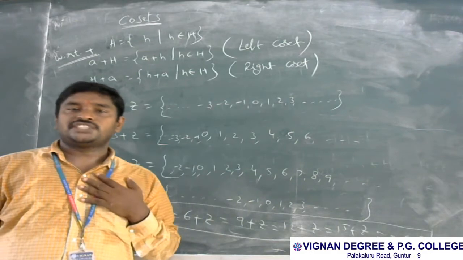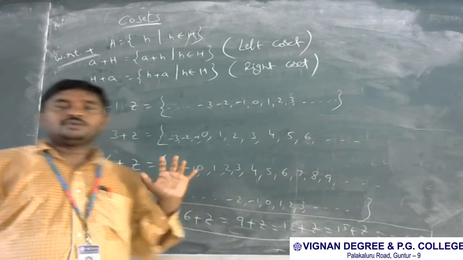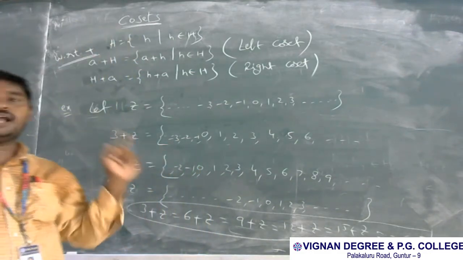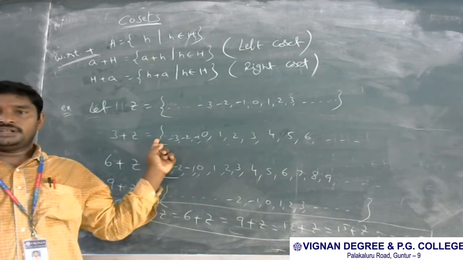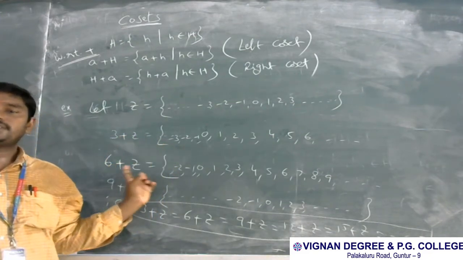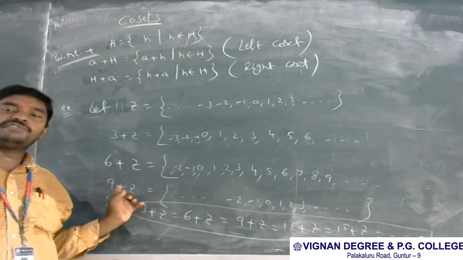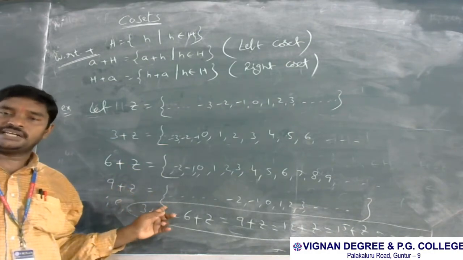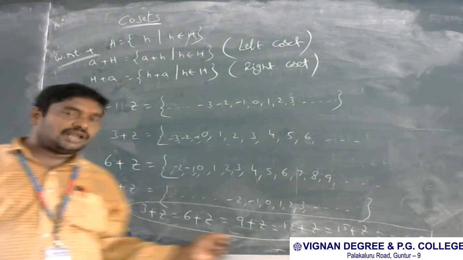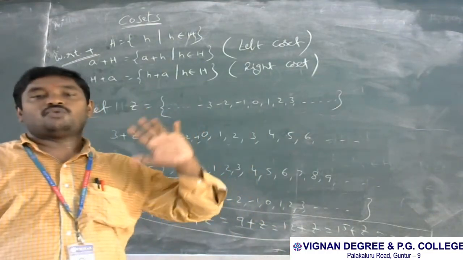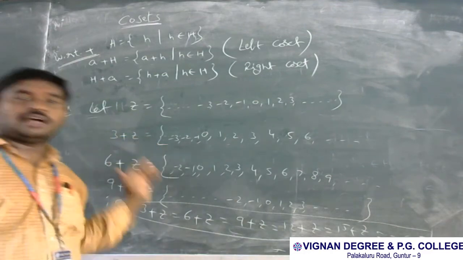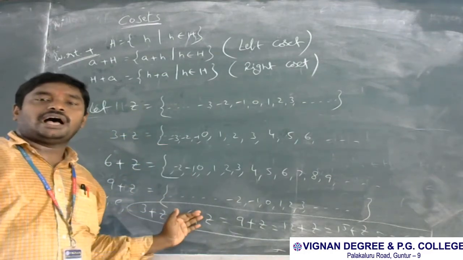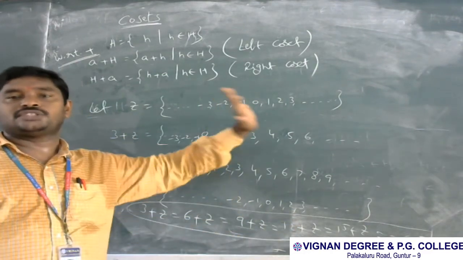For example, today's date is 15. Say I am interested in adding the 15 table. So first I add 15 plus Z. Next, the 15 table, 30 plus Z. Next, 15 times 3 is 45, so 45 plus Z, 60 plus Z. So all are equal. So what did you observe? All the tables, the third table or fourth table or fifth table, are equal in cosets.